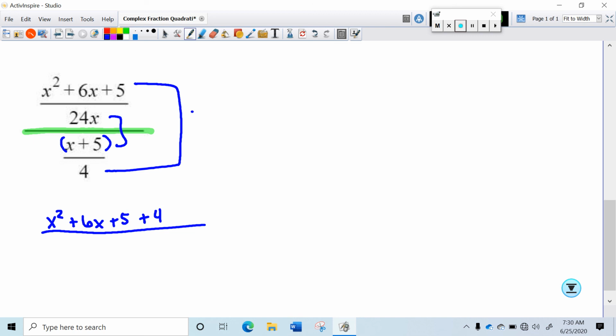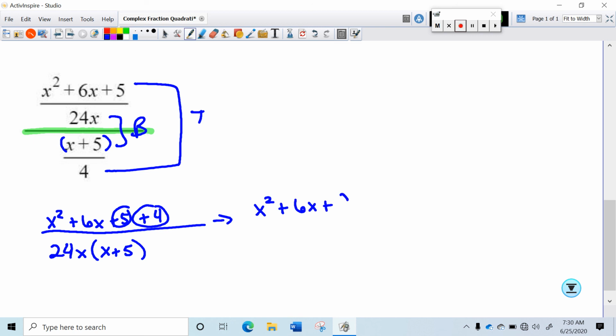Inside on the bottom, 24x and a family of x plus 5. Okay, my like terms on the top, 5 plus 4. So I can rewrite that to say x squared plus 6x plus 9, because 5 plus 4 is 9. And I've got 24x times